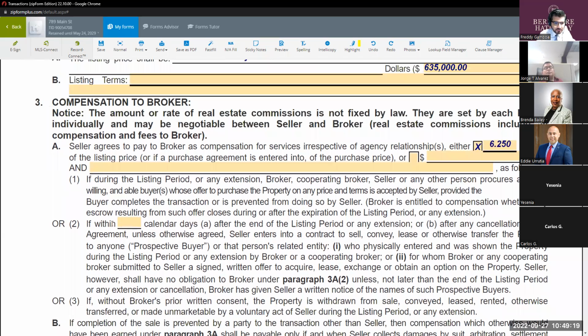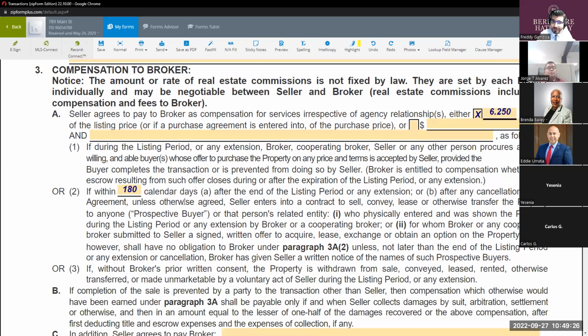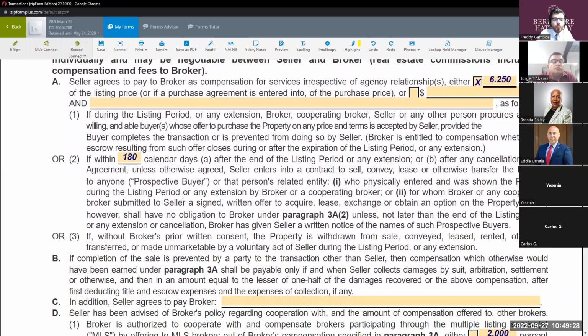On 3A2, right here, I want to put 180 days. Now, what is this for? Please, let's read along. If within 180 days or calendar days, right after the end of listing period, or any extension, or after